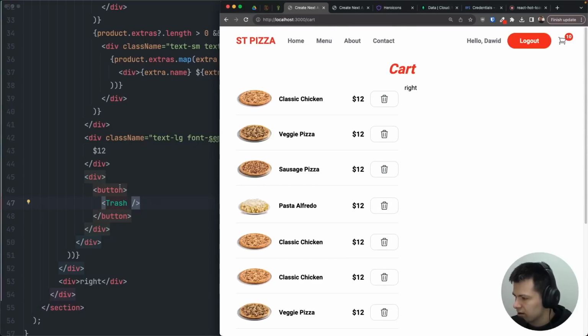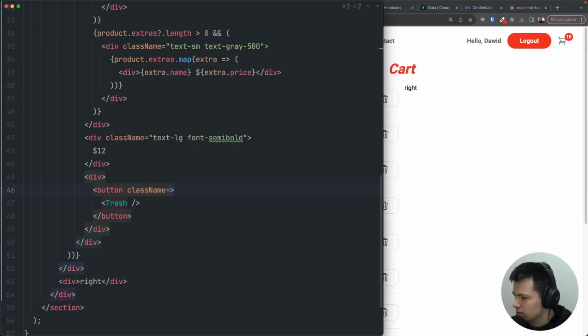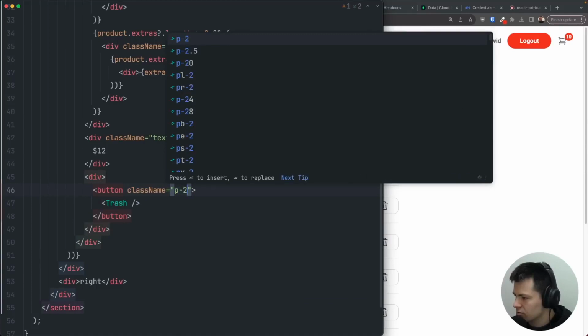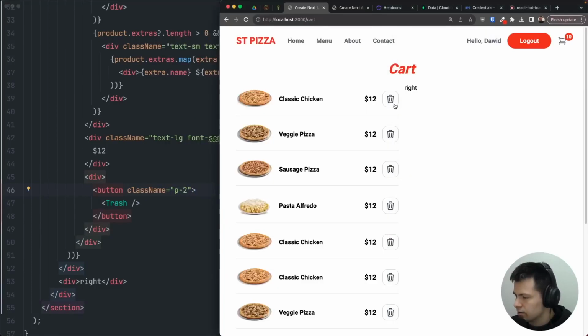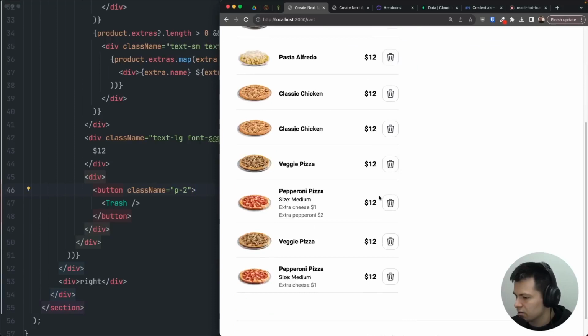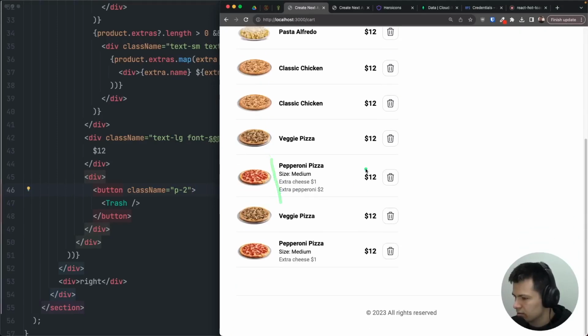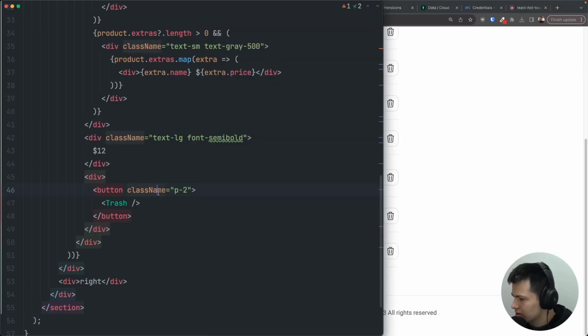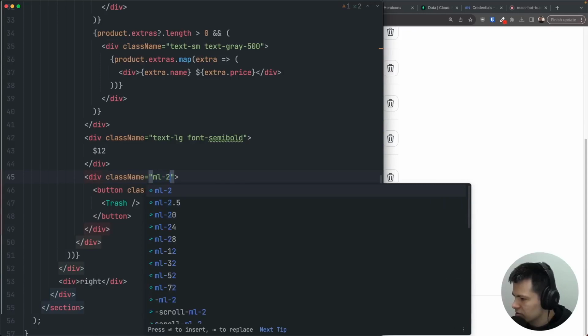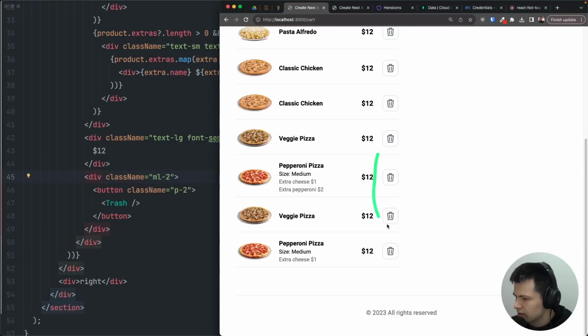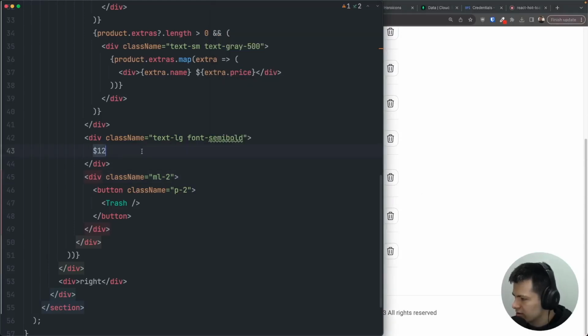And I think it looks fine, except I want to decrease padding. So let's do padding of 2, and now it looks like this, and I think this is fine. Maybe we can increase the gaps a little bit more, especially here. But we can also do like margin left if we want. So on this div, let's add margin left of 2, so we will have more spacing here, and I think it looks fine. Now let's fix those $12. It should be